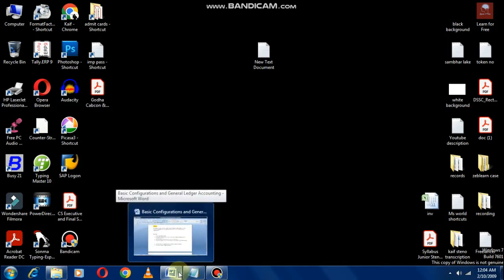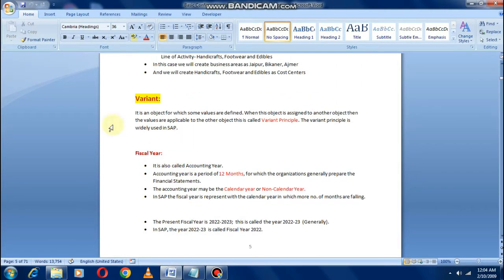So what is variant? See the notes. Variant means it is an object for which some values are defined. When this object is assigned to another object, then the values are applicable to the other object. This is called variant principle.